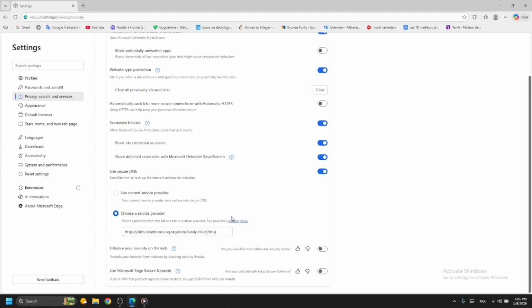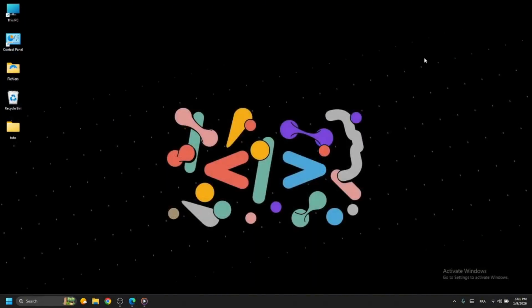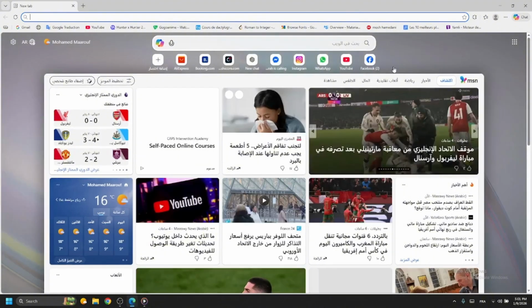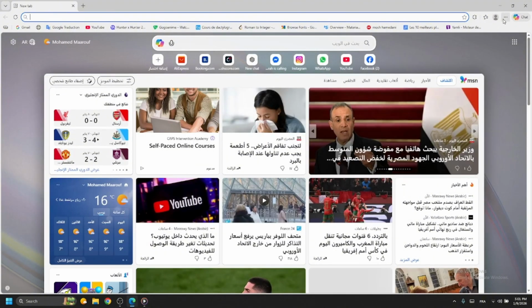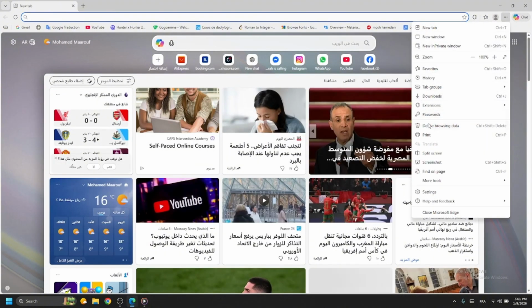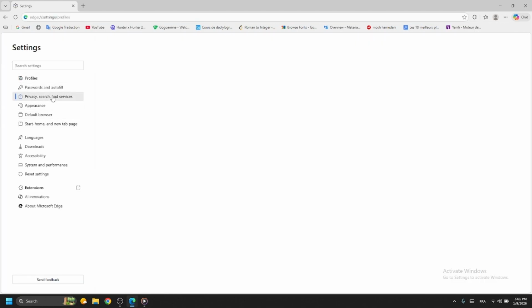As soon as you've checked that, go ahead and close out of Edge. Now, just make sure that those changes have been made, so go back to Edge and go back to the exact same page. Once you've done that, if you've got the Clean Browsing DNS chosen, then it will restrict all